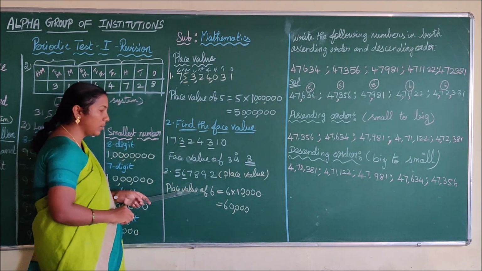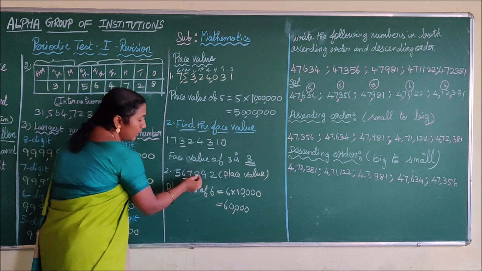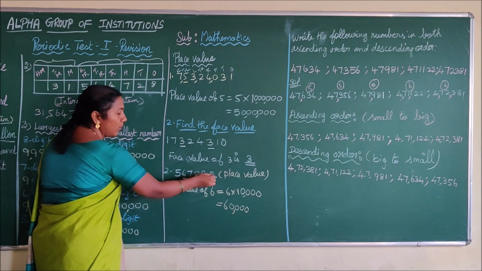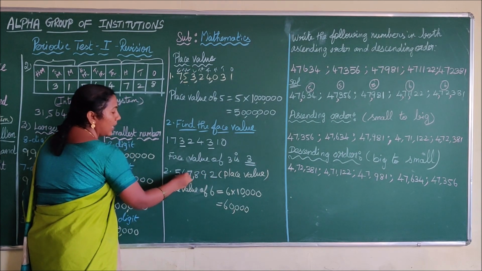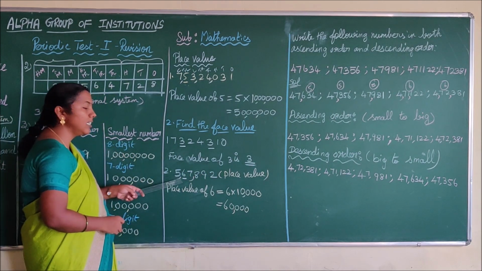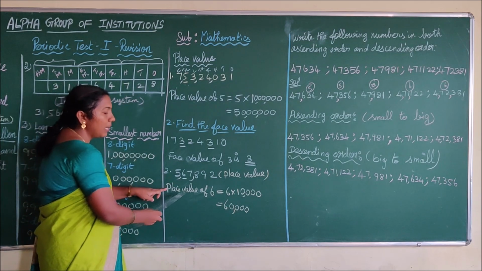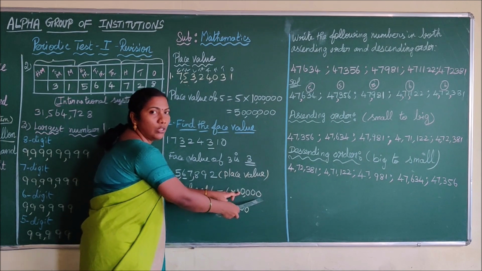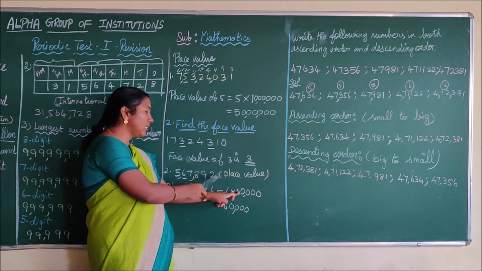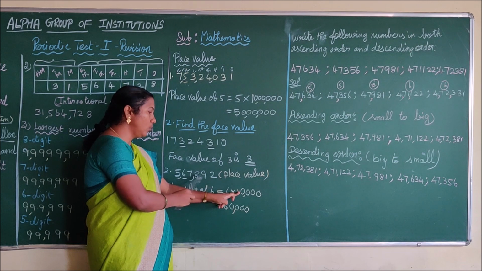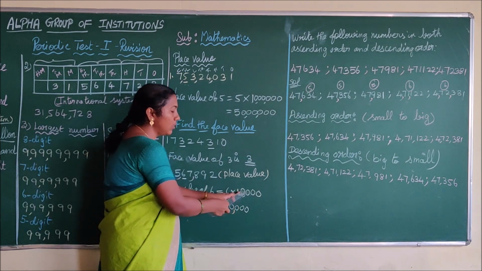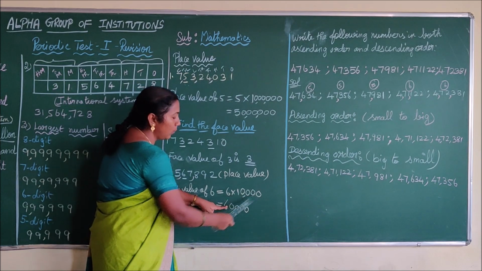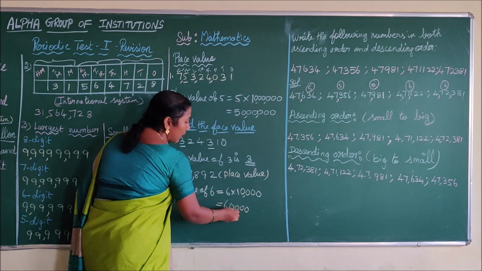See here one more example. The first step is to place the commas as per the Indian system of numeration: after 3 digits and then every 2 digits. Here the underlined digit is 6. So you have to write place value of 6 equals 6 into 1. Along with 1, how many zeros do you have to write? After the 6, how many digits do you have? 1, 2, 3, 4. So you have to add 4 zeros along with 1 and then multiply. 6 into 1 is 6. Add the 4 zeros along with it and then put the commas as per the Indian system.